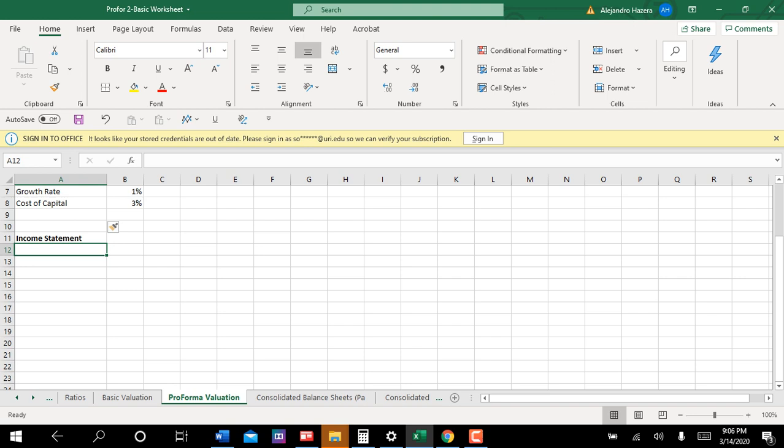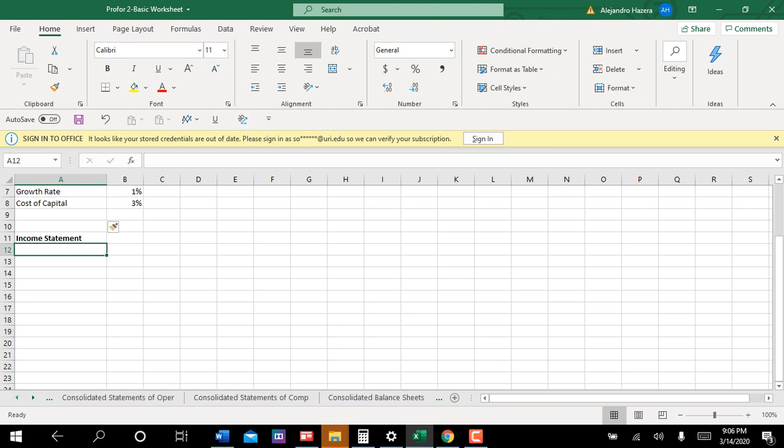Remember, we're looking at a 10K here in Excel form. I'm going to use that income statement as my base year and then project out for 5 years. So in this sheet here, we have the pro forma valuation. Now, the income statement will be about 4 or 5 worksheets to the left. So let's go